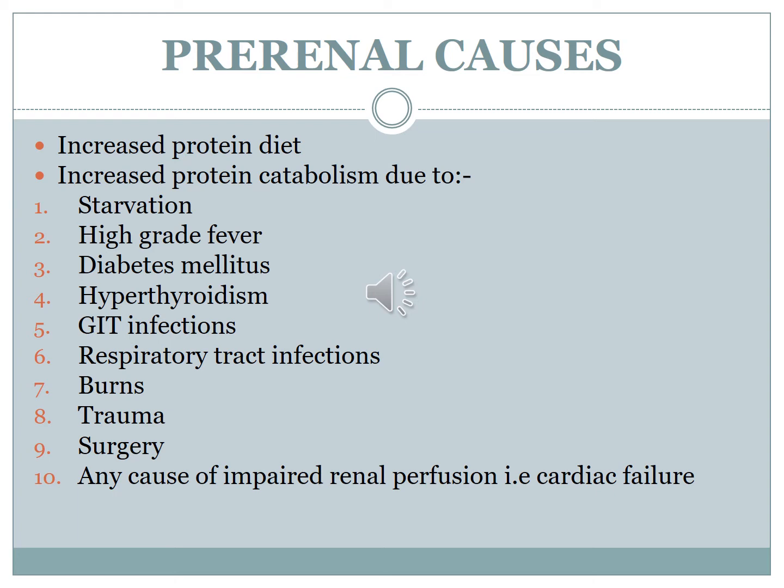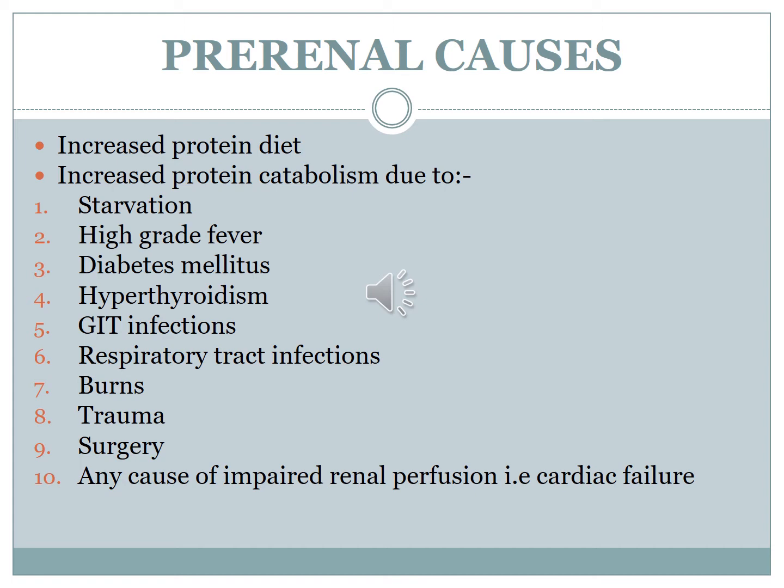You well know that if urea is accumulating inside the body, it means that the kidneys are not excreting it properly. So the defect is lying in the kidney. So they can be divided into 3 categories: things happening before the kidneys, problems happening inside the kidneys, or things happening after, post-renal causes, where they are not excreting the urea properly. There is some sort of obstruction.